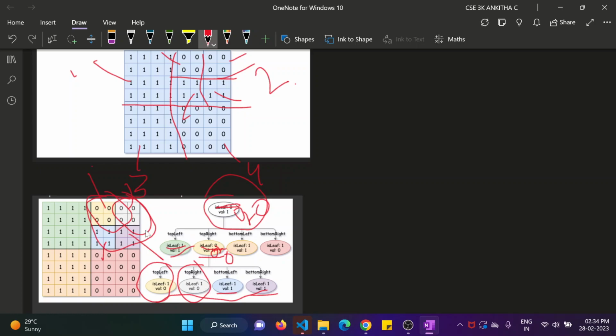If you go to bottom left and bottom right, bottom left contains all values the same. So isLeaf will become 1 and the value of val will be equal to the value of the grid, that is nothing but 1. Again bottom right, if you go, isLeaf equal to 1 and the value of val will be equal to the value of the grid, that is nothing but 1, since all the elements of this submatrix are the same. So we are done with this second